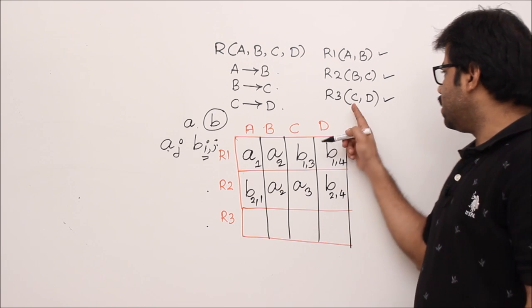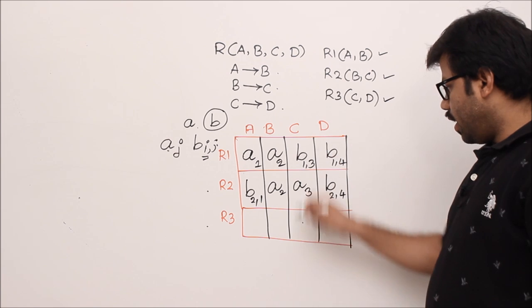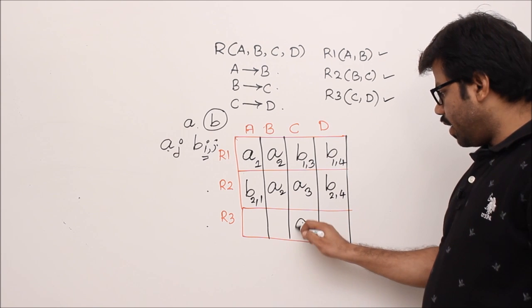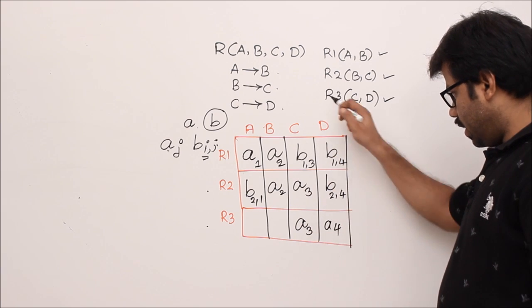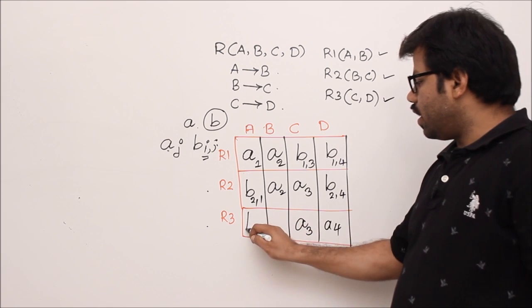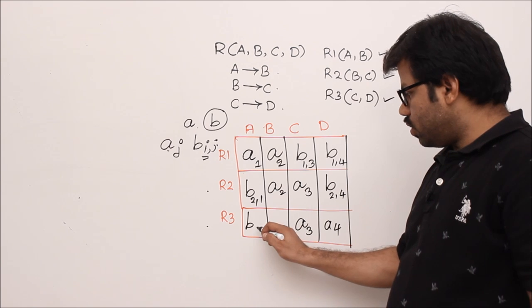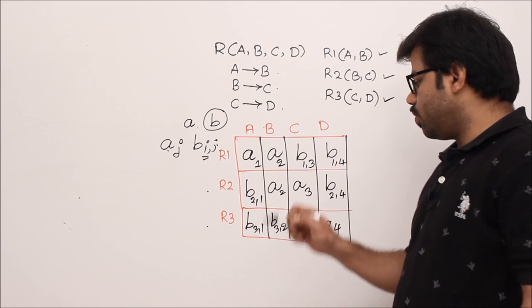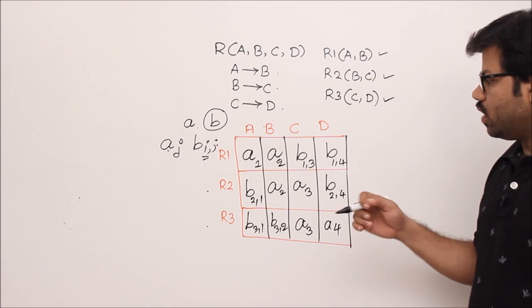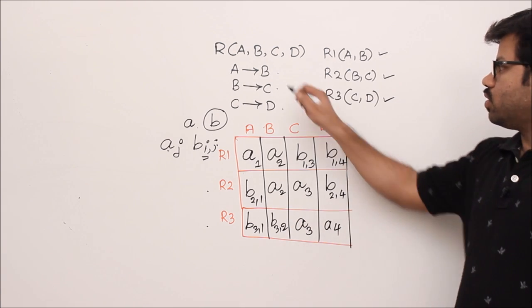Next, R3 contains C comma D. Go to the Cth position and Dth position and write A. So A3 and A4 are in the third column and fourth column. So here it is Bij: third row, first column, and third row, second column. This is the initialization. Now after that, we have to process these rules and